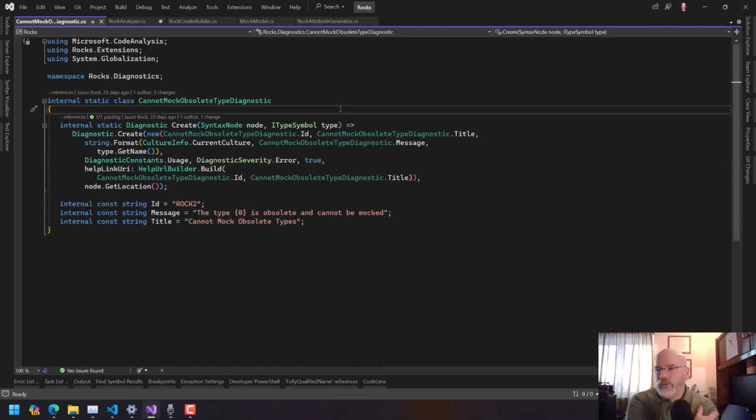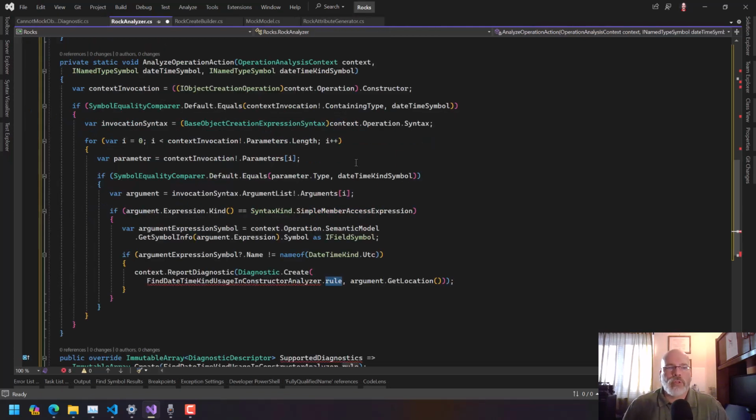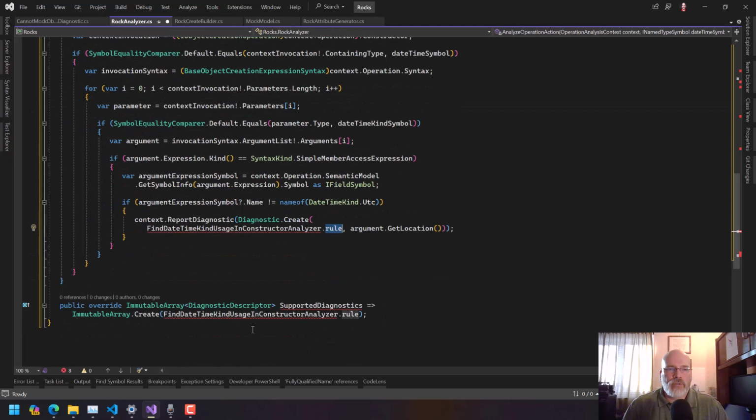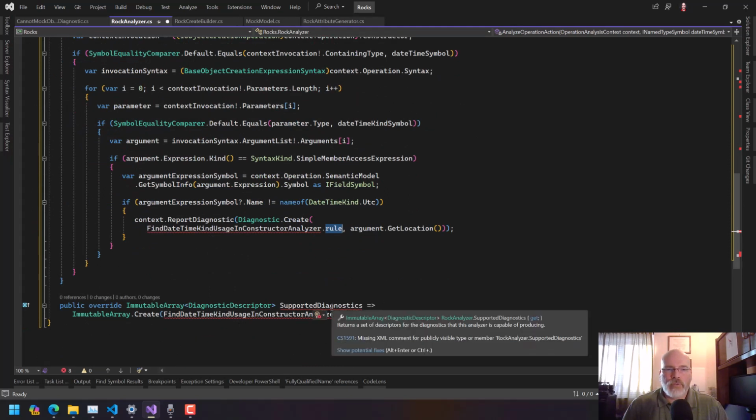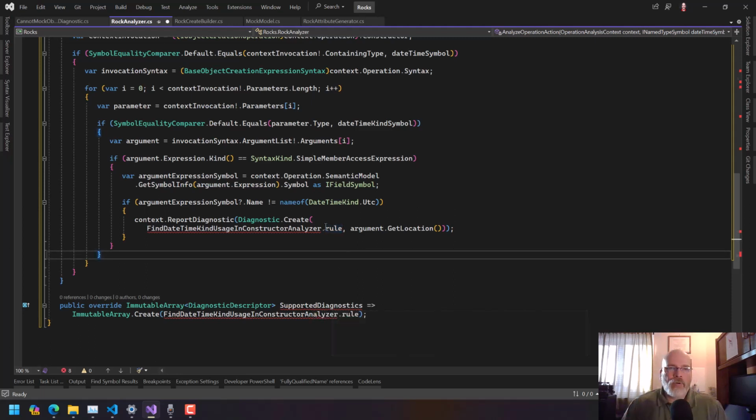So how do I want to do this? What would be the right way to do this? I have to be able to report supported diagnostics. It returns a set of descriptors for the diagnostics that this analyzer is capable of producing. Part of me just wants to be lazy and say, I don't want to return anything. But I don't think you can do that. I'm not sure if it's enforced if you don't return anything from this, but then you say you created a diagnostic later. But I think the right thing to do in this case would be to have our rules in place, our descriptors,